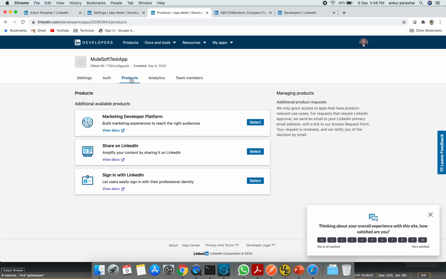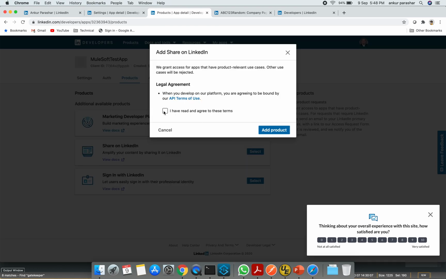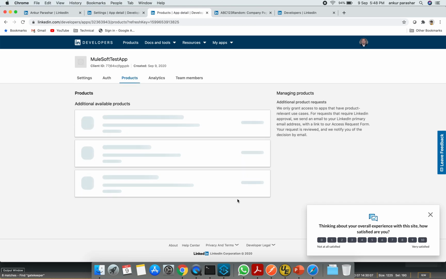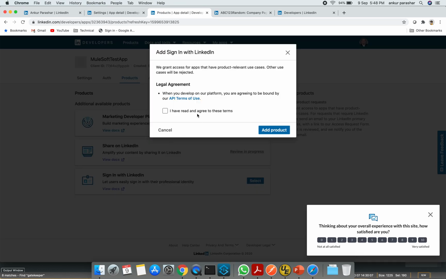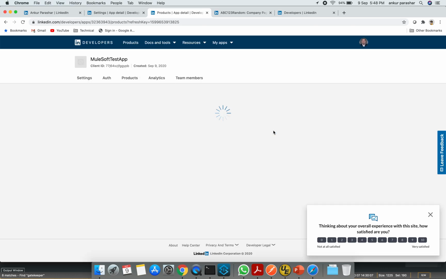Now we are going to play around with Share on LinkedIn and Sign In with LinkedIn. We have to select both. I have agreed to the legal agreement and will add product. Similarly, Sign In with LinkedIn: I will select this, agree, and add product.